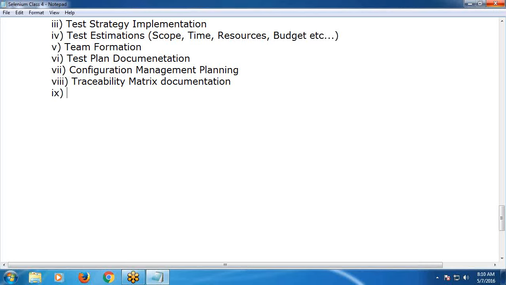Mapping test cases with requirements, so that we can understand whether all the requirements are covered or not, and whether there are any duplicates or not, etc. Okay. Next,